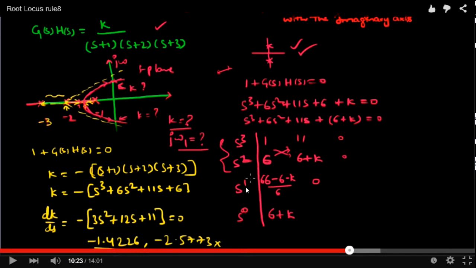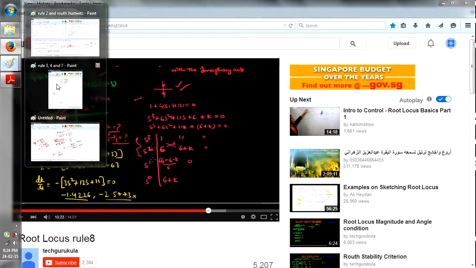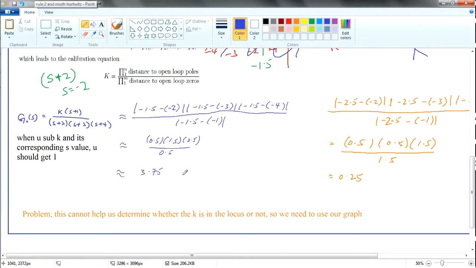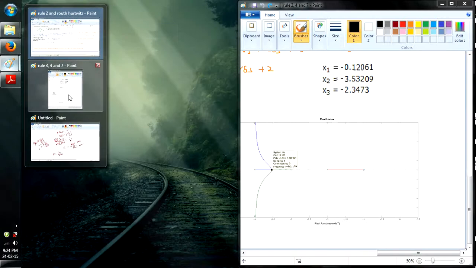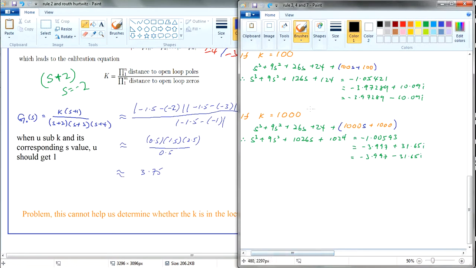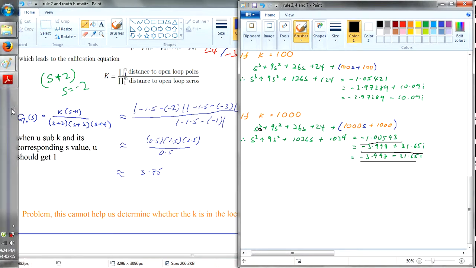The reason why you choose odd is because if you remember, for a third order equation, typically you have one real number and two imaginary numbers, right? If you were to head back to my stuff, okay, I don't know where I am. If you remember, if you have a third order equation, after which if you were to solve for it, you have one real number and two imaginary numbers.